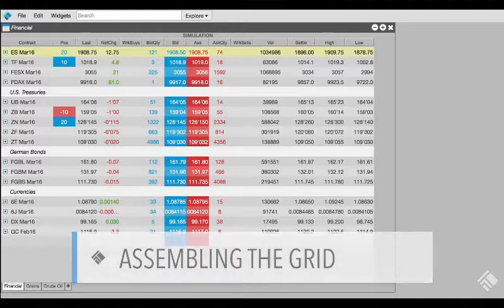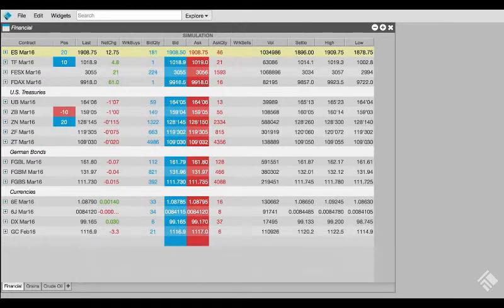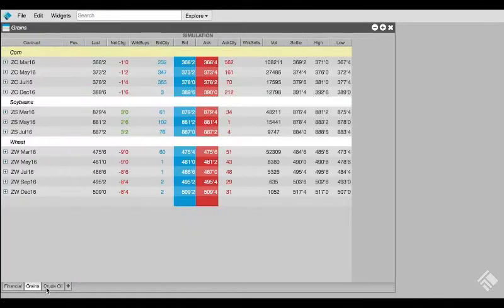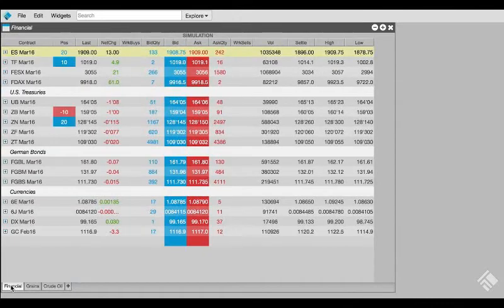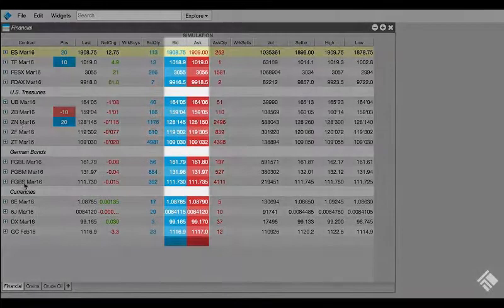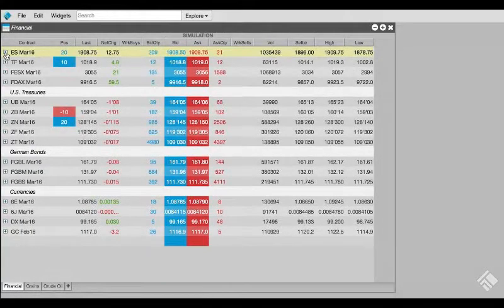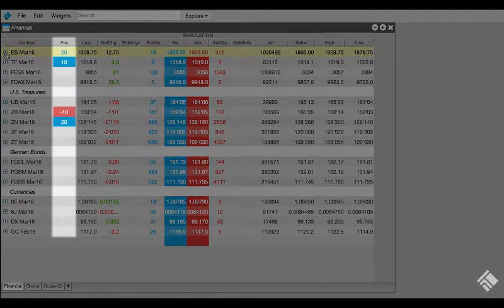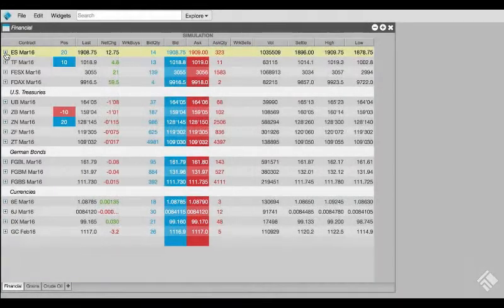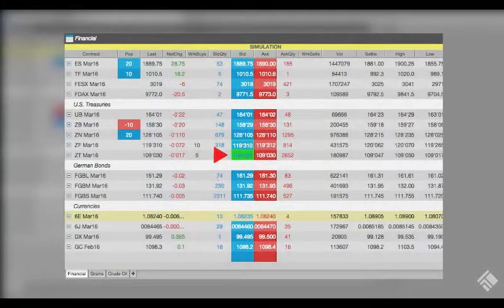to the grid. Here, we have a pre-configured market grid set up with separate tabs for financial instruments, grains, and crude oil. The market grid displays market data for each instrument. We have the inside market and can expand to view market depth. The market grid also displays open positions and working orders. Working orders at the best price are indicated by a green background, whereas working orders off the market are indicated